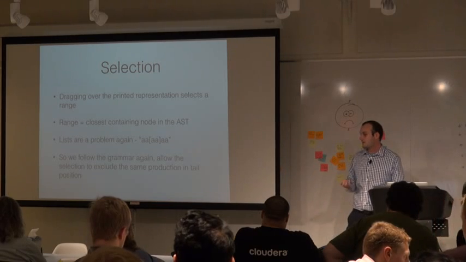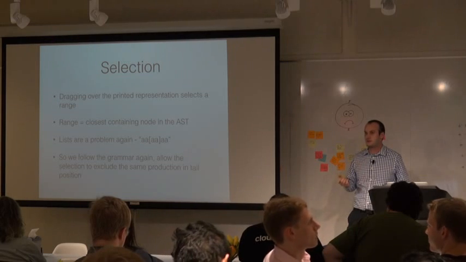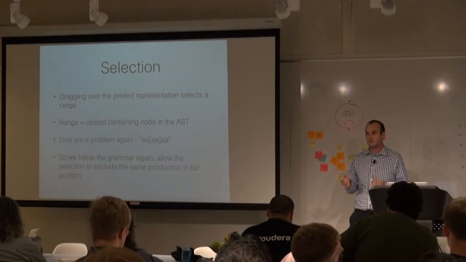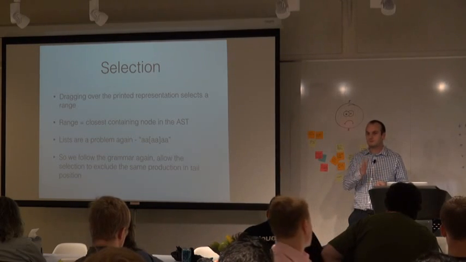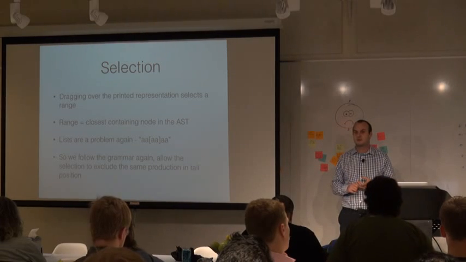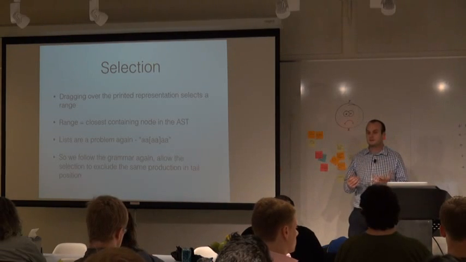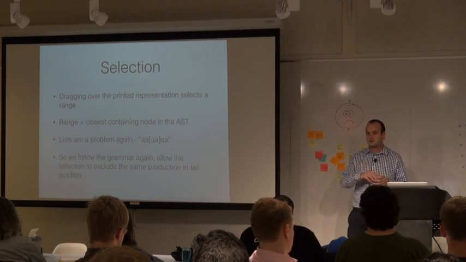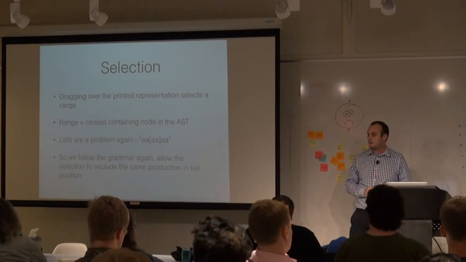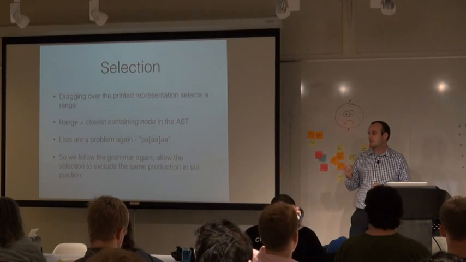So as I said, with a structure editor, there are a lot of choices, and there are choices for selection. You could actually try to simulate the text range selection, so if you click in the middle of a string, you could select from the middle of that string. I think some structure editors will select using the tree structure, so you could be selecting the parent node or one of the child nodes or both of the child nodes, and these are all distinct selections. I chose to go with a selection being a node in the tree,